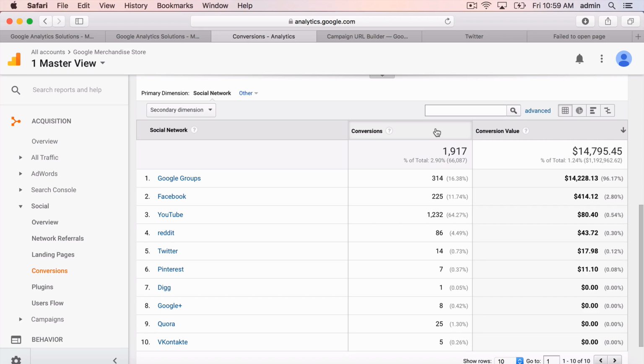So this is why it is so important to set up goals at the macro level and the micro level, and to tag your campaigns properly. Because once you do that, Google Analytics does the remaining job very easy for you. And once you show to your boss that Google Groups is actually leading to $14,000 a month or every 3 months, he would definitely be willing to give you an extra employee or more budget to double down on these